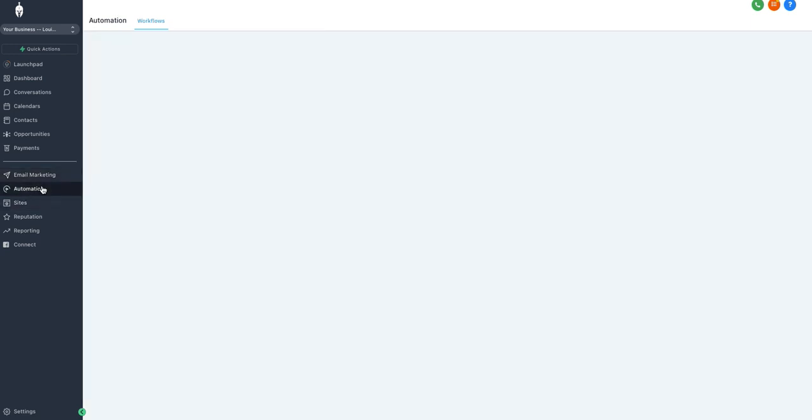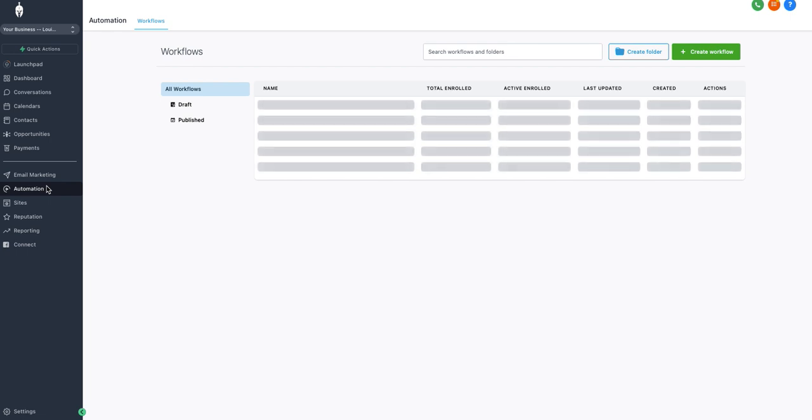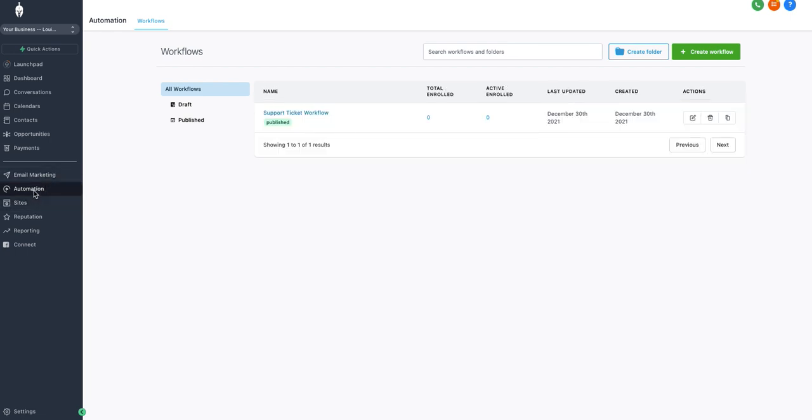Now, one of my personal favorite sections is automation. And this is where we create what's called workflows. Workflows are kind of like automating people in a sense. As you start dealing with lots of prospects, it's hard to remember where everybody is in the process and to remind yourself to send that email or send that text message and so forth. And so what you can do is create what's called a workflow to kind of automate and do it for you. So if you've ever used like an email autoresponder before, it's kind of like that, but with all kinds